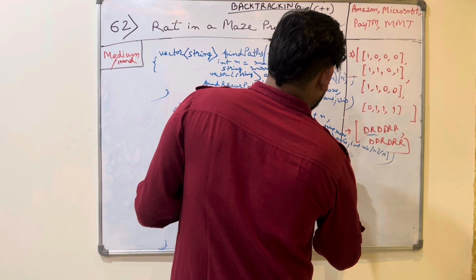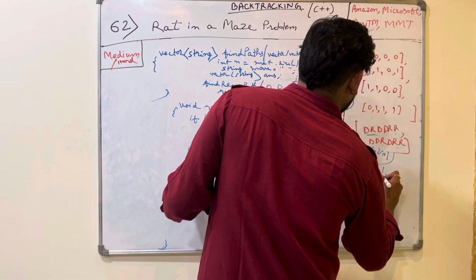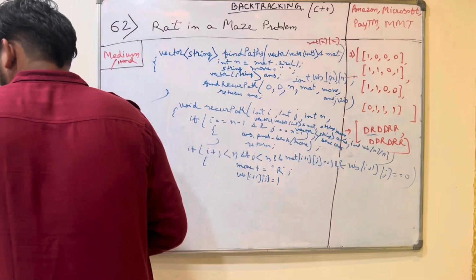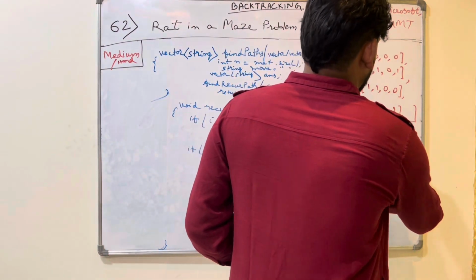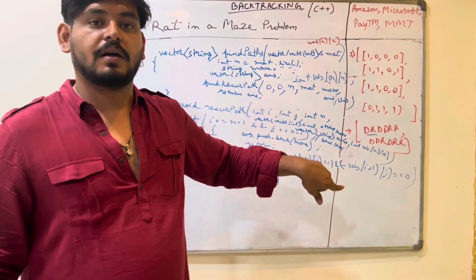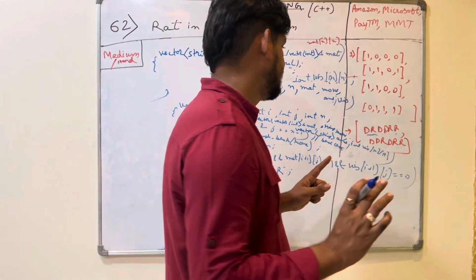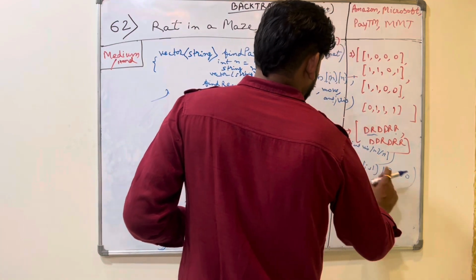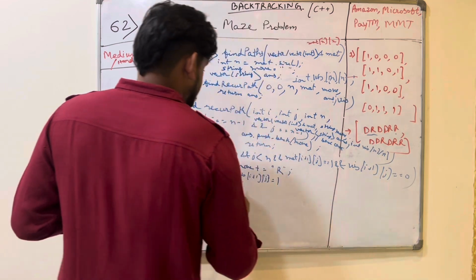and visited i plus 1j is equal to 0. That means it was not visited in this path, because one path cannot be repeated. Also, because if we go d, r, d, and again I'll go up, and again I'll repeat the path, so it should be the shortest path, right? That is one thing. So it should not be repeated again. So visited in this path, i plus 1j is equal to this visited array that is required,